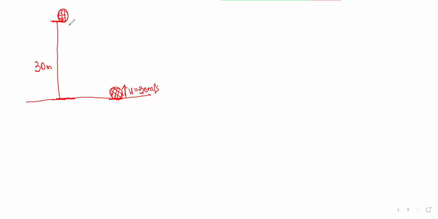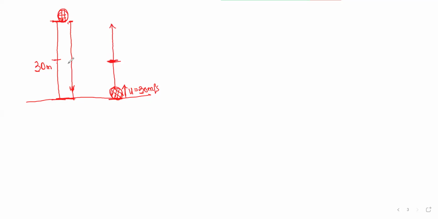So when this one is dropped, this will be the direction of its flight, vertically downwards. Whereas this is also moving in the vertically upwards direction. So this is the direction of the other one. Supposing they cross,